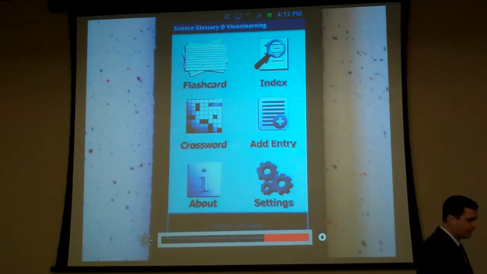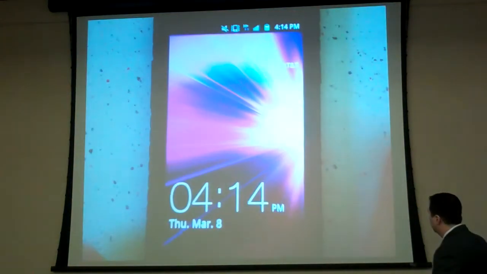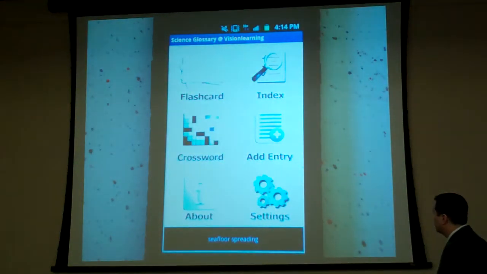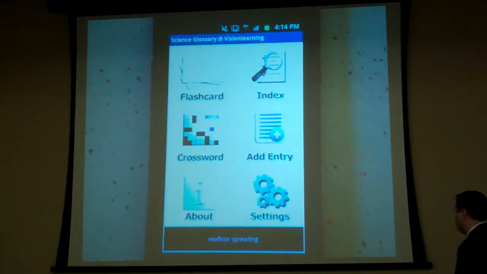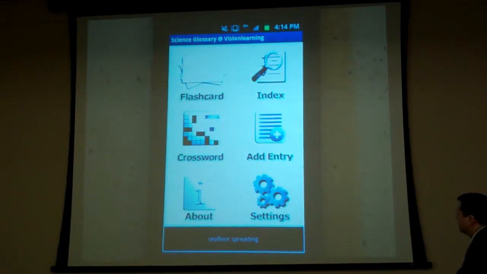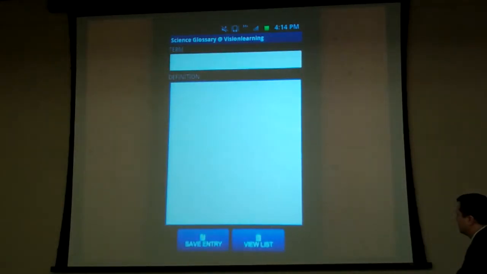Okay, so when we first started on the application, we're good with the layout that you're familiar with from our last presentation. The new entries to our application are the Add Entry button and the Crossword button, as well as some additions to the flashcard feature. Starting with the Add Entry button, we're presented with